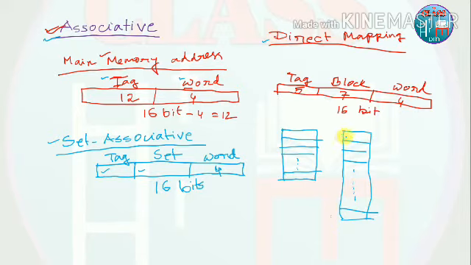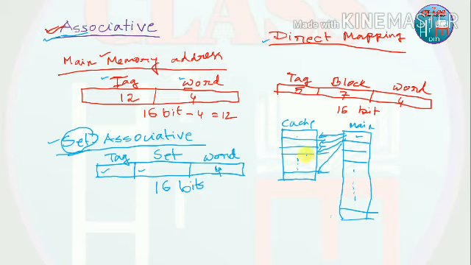Clear? When we are talking about the associative mapping, you can say that associative and set associative are a similar concept, but there is an extra thing, that is set. To understand set associative, you have to understand associative. According to the associative mapping, any main memory block can be placed in any cache memory block if it finds a vacant position. If you find a vacant position in the cache memory, a block from the main memory can be placed anywhere.